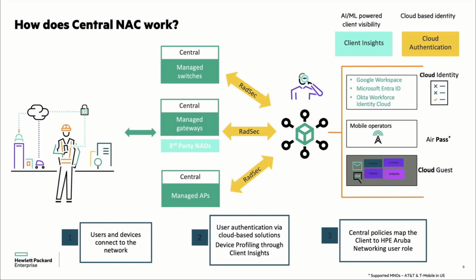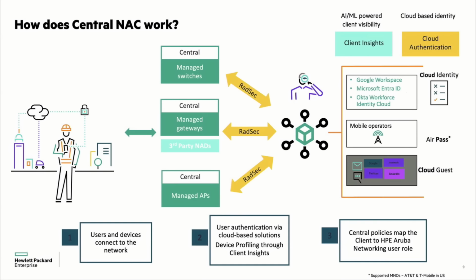We don't use RADIUS at all because RADIUS is inherently insecure and cannot be trusted over public cloud and untrusted networks. Once the request reaches Central NAC, we can do authentication and authorization against cloud-based identity sources like Google Workspace, Microsoft Entra, and Okta. In addition to validating the group membership and other attributes from the IDPs, we can also work with the Client Insights module